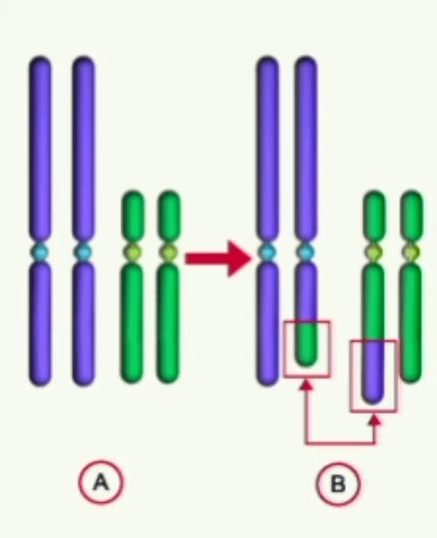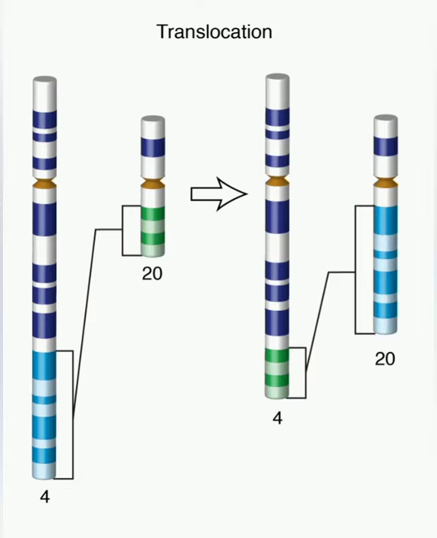Coming next is translocation. Translocation is one of the structural abnormalities of chromosomes. Translocation mainly includes two types, balanced translocation and non-balanced translocation. In balanced translocation, there is no loss or gain of chromosomal segments. In non-balanced translocation, there is either a loss or gain of genetic segments. The major one is reciprocal translocation, which belongs to balanced translocation because there is no loss or gain of chromosome segments. This kind of translocation is commonly seen in cancerous conditions.